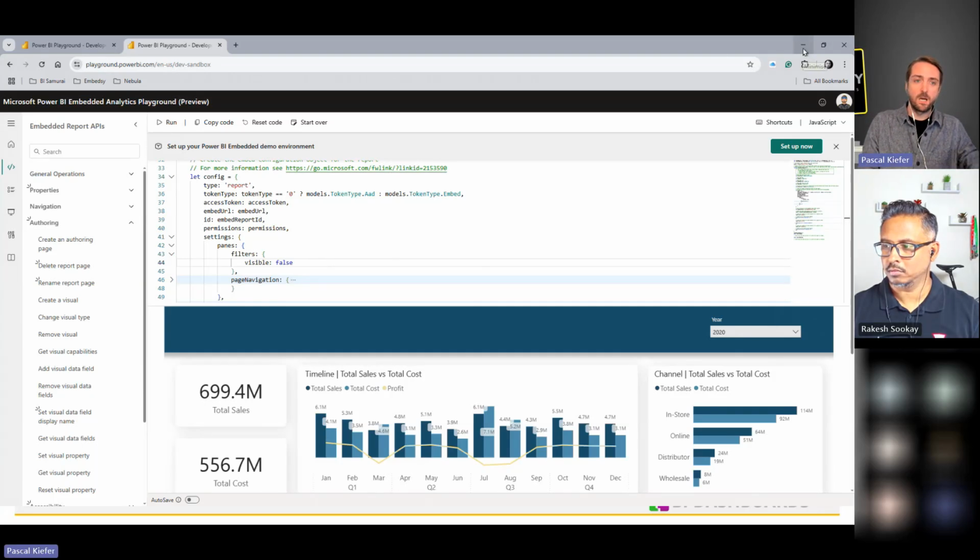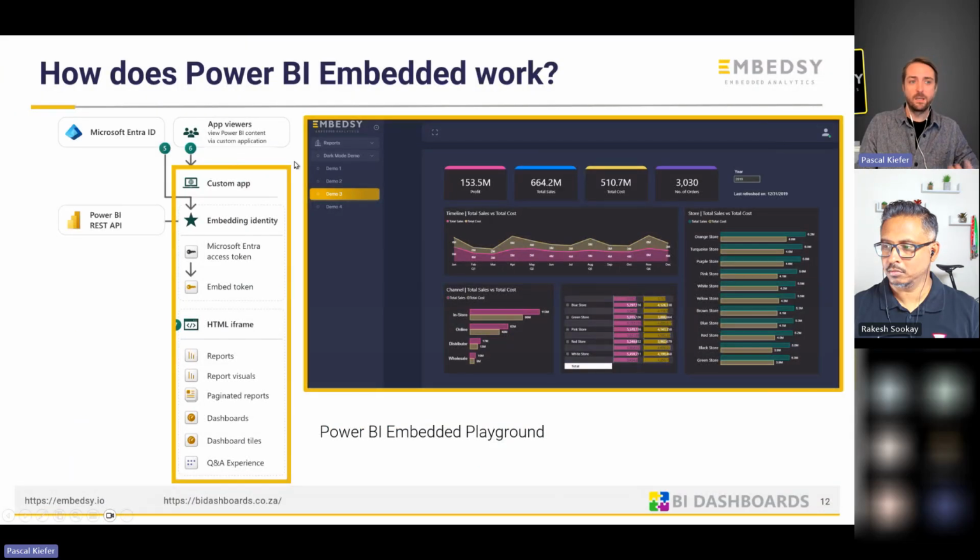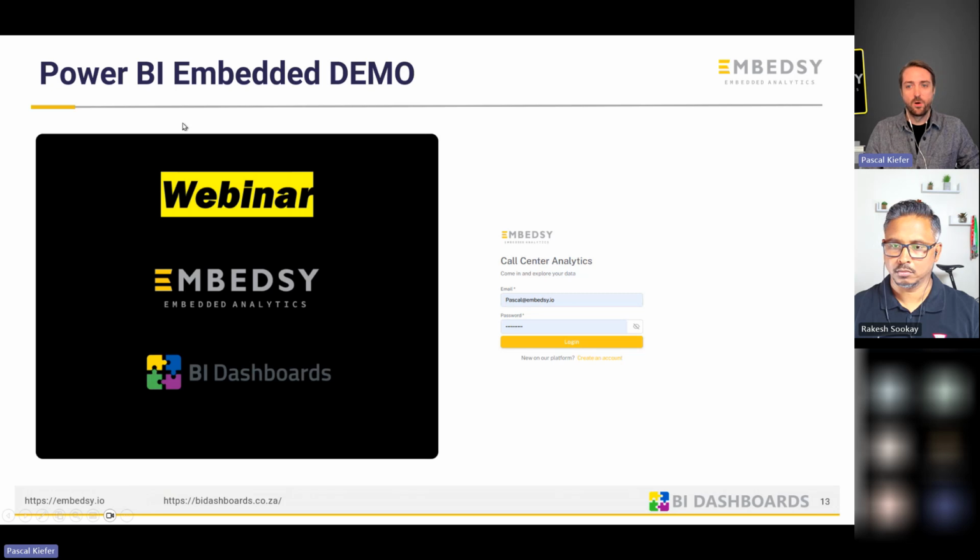So I could now spend hours talking about all this, but let's try to get away from the technical stuff and go more into the user story again. Because what I want to show you is how this call center report that we saw before could actually be visualized inside a Power BI embedded solution. And to do this, I'm going to switch over to